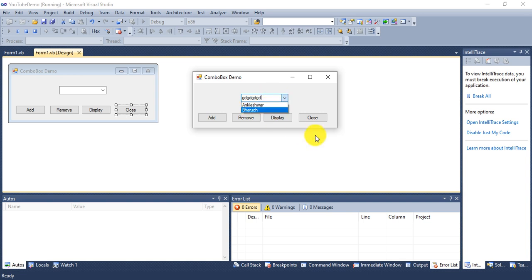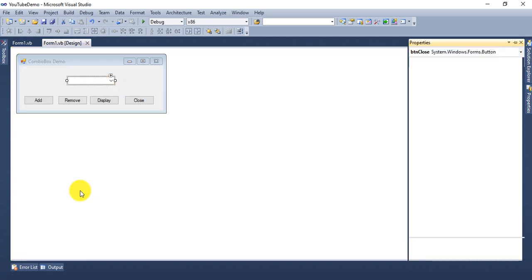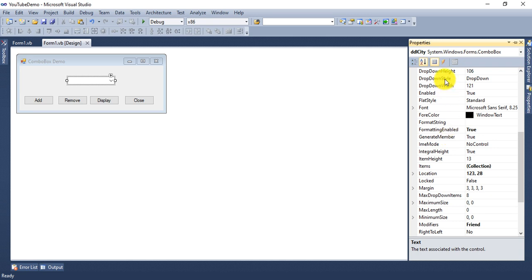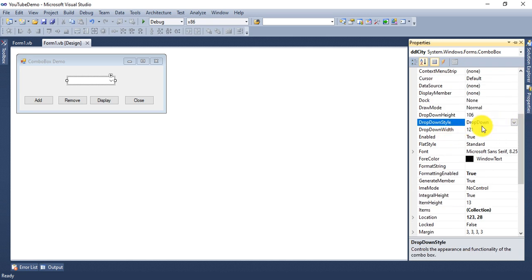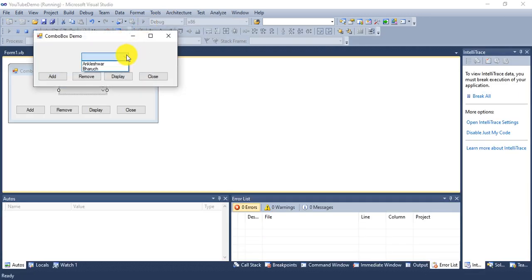If you want to restrict this, then right click, Properties, and here you can find DropDownStyle. By default it's DropDown; just change it to DropDownList. Now it's not editable. So only Bharuch and Ankleshwar are available. No one can type anything here.